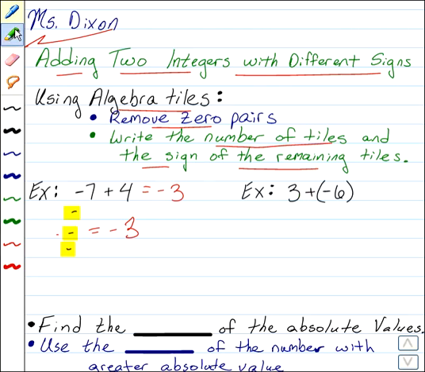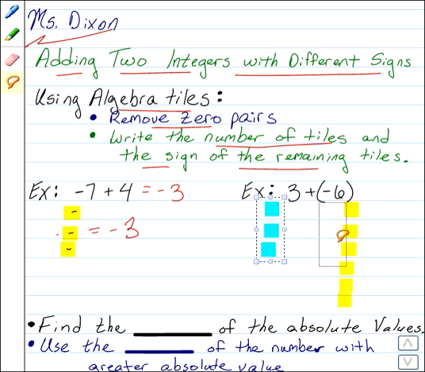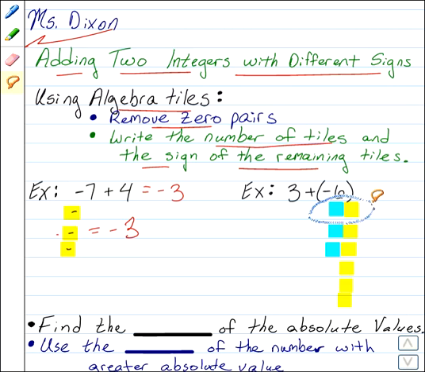Here I can represent the +3 with 3 blue tiles, and the -6 with 6 yellow tiles. Addition says I'm just going to group all those tiles together, and then I can form 0 pairs and remove all the 0 pairs. That's a positive and negative tile, and I can remove that one. Here's a second 0 pair, and a third 0 pair, and I've removed all of those from our set of tiles,